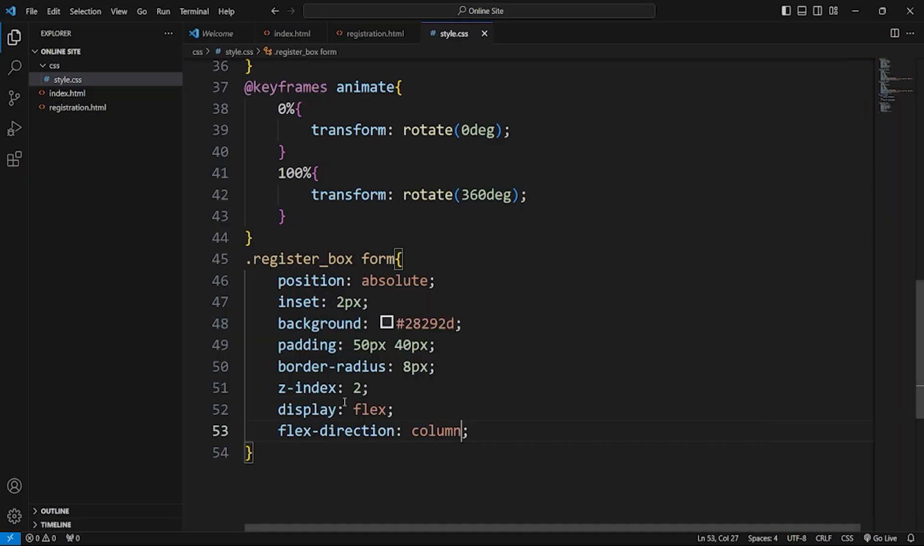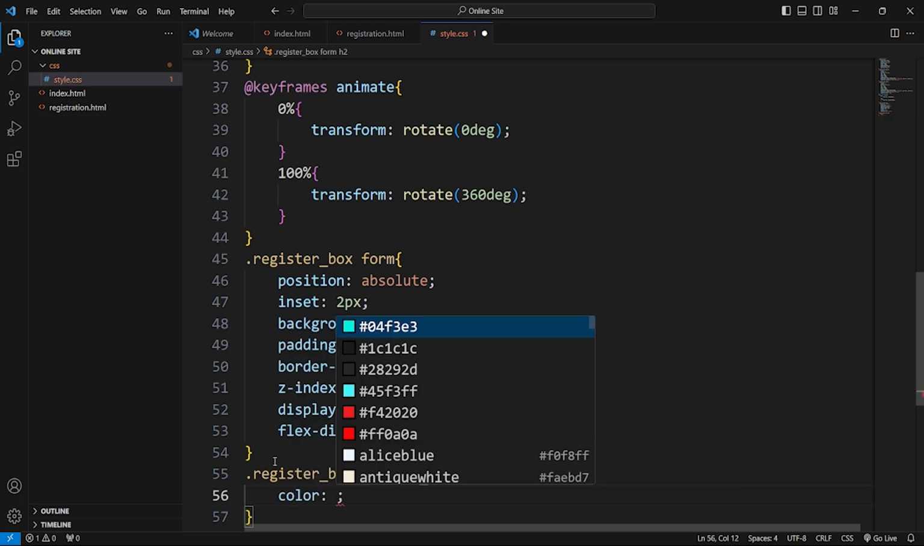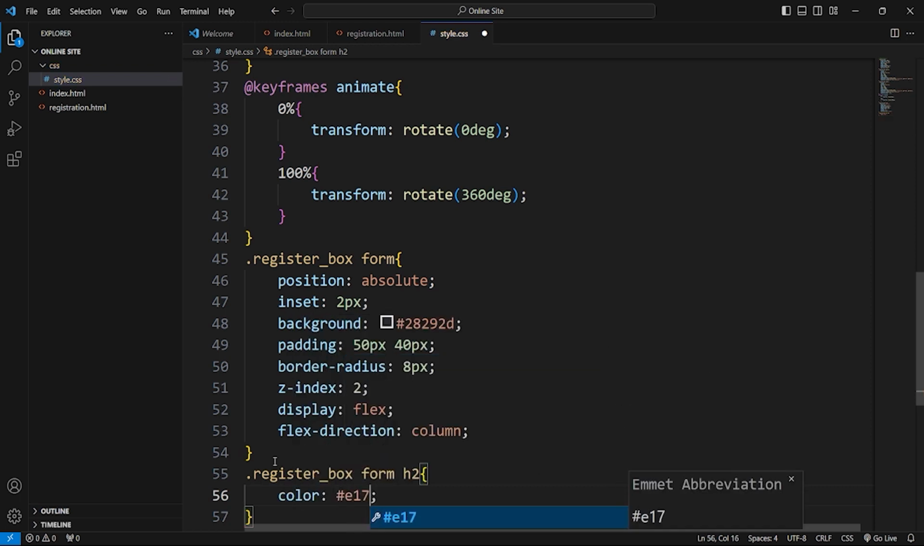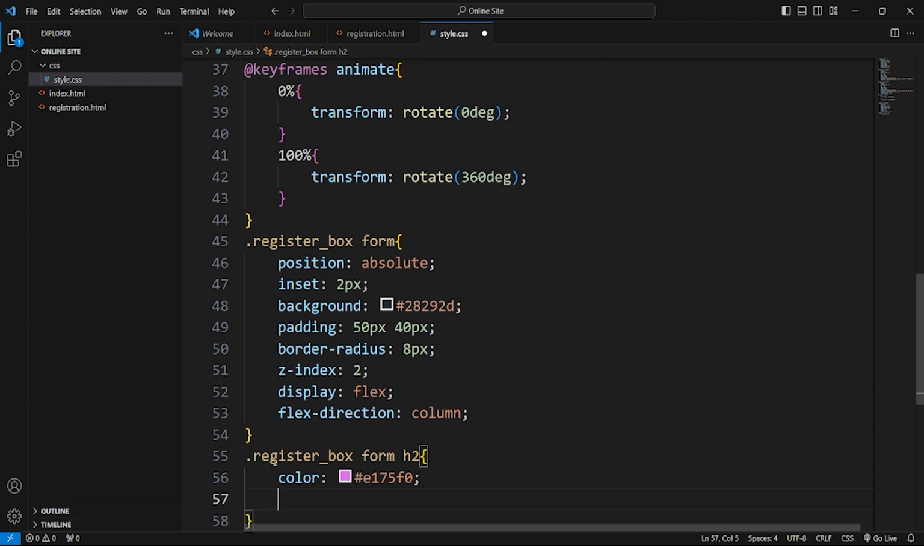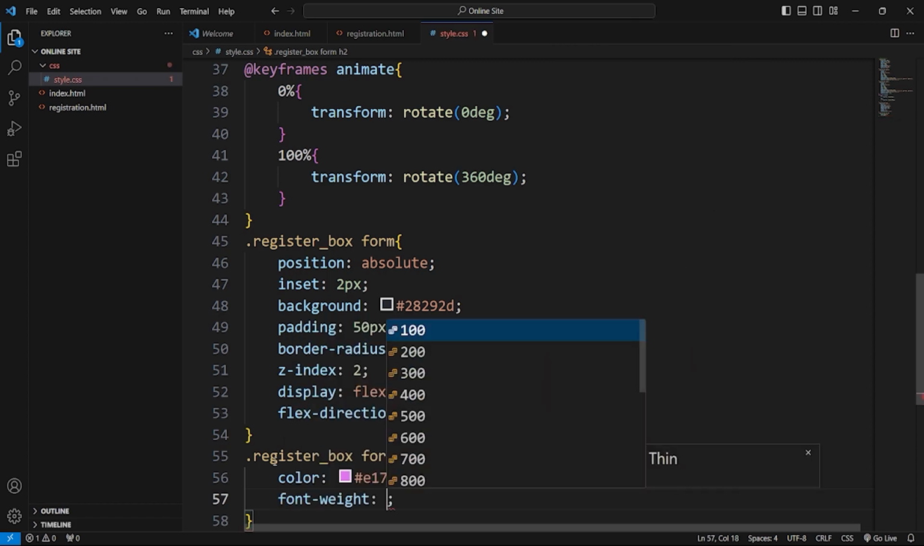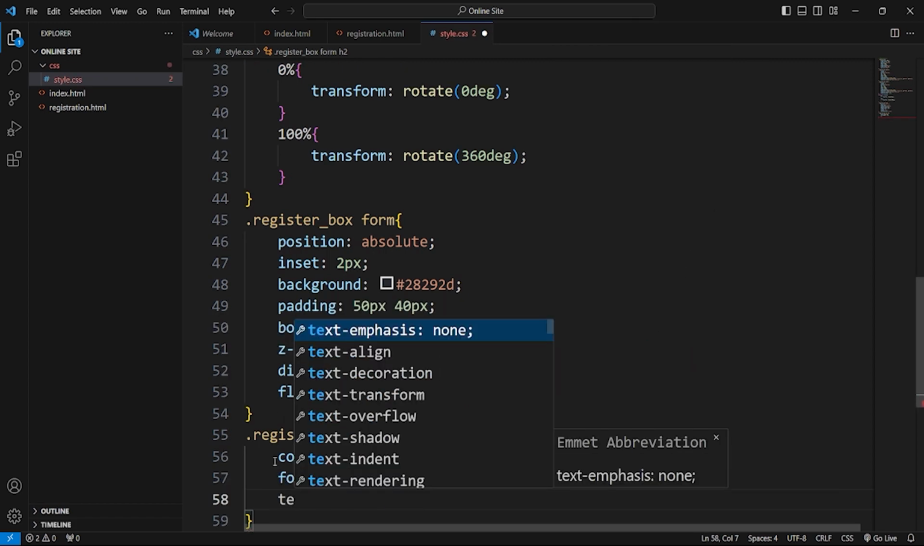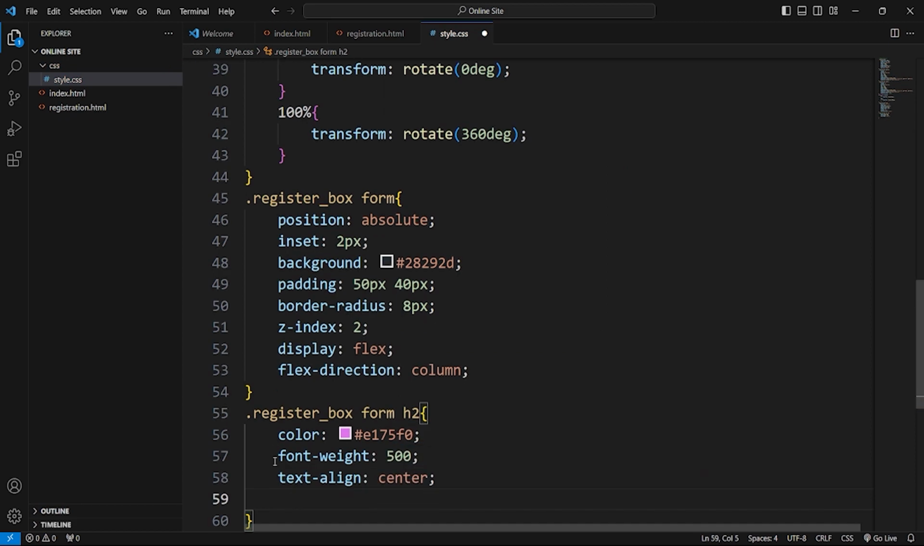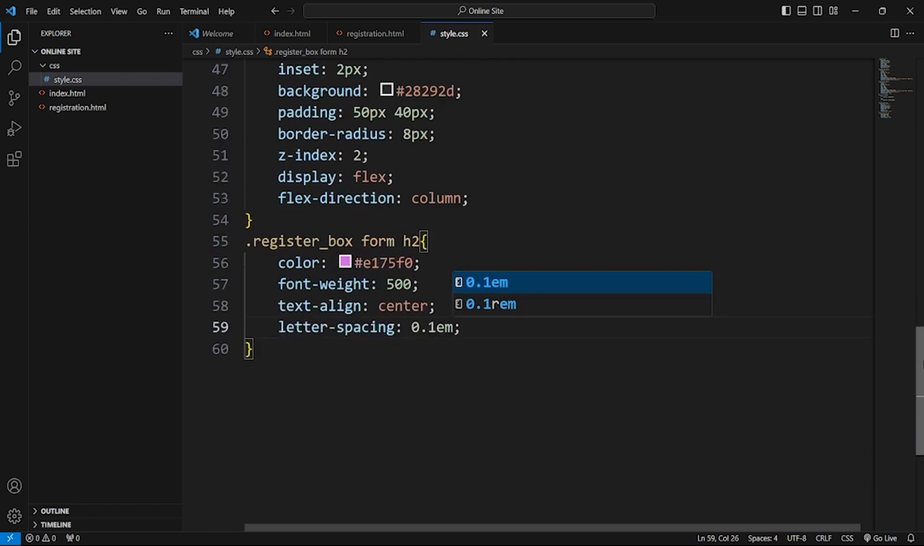Now .register-box .header h2, color, and font weight, text align center, and letter spacing 0.1em. Yeah. And .register-box